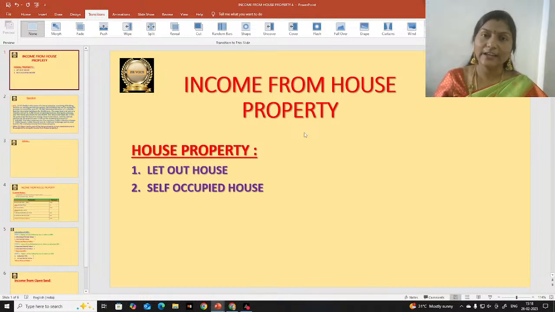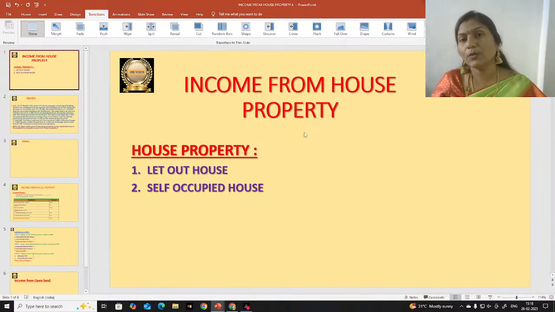Whenever we calculate income from house property of any assessee, we have to see whether the house is a let out house or a self occupied house. How will we identify a let out house? If any house is given on rental basis to another person, the owner is giving the house on rental basis,